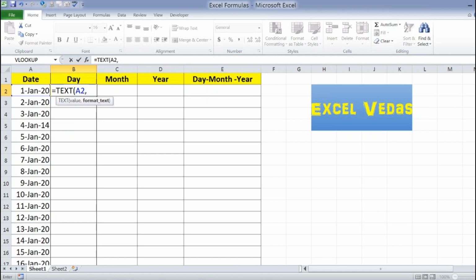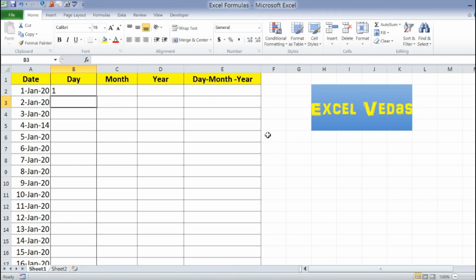As I told you, TEXT is the only formula with which you can get your day, your month, and the year also. So here we have to give the command for the day. Always remember this point, that our command has to be entered within inverted commas. So I have to give an inverted comma, and when we wanted to find the day, we need to put D. It can be small or capital, no issue. Let's see what happens if you put a single D. Again you have to end the inverted comma and close the bracket.